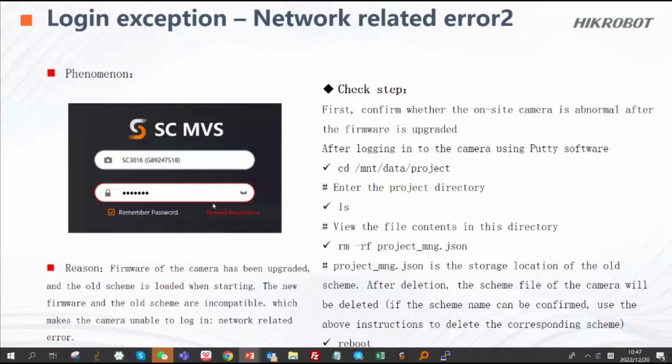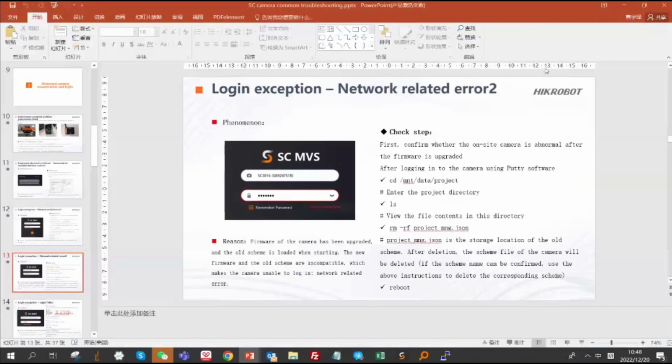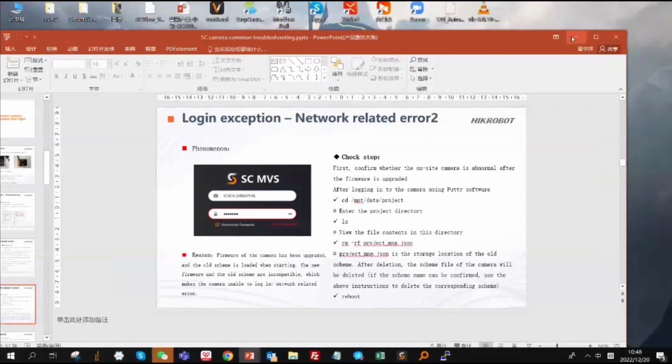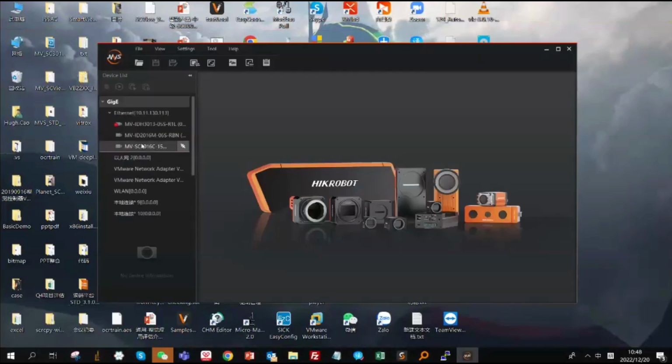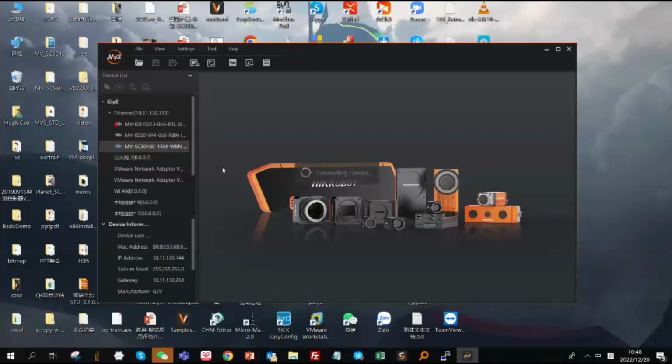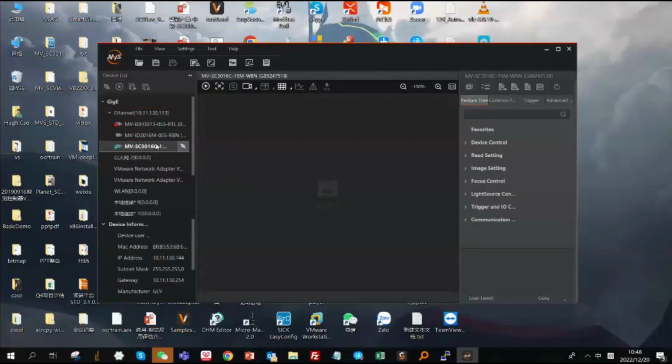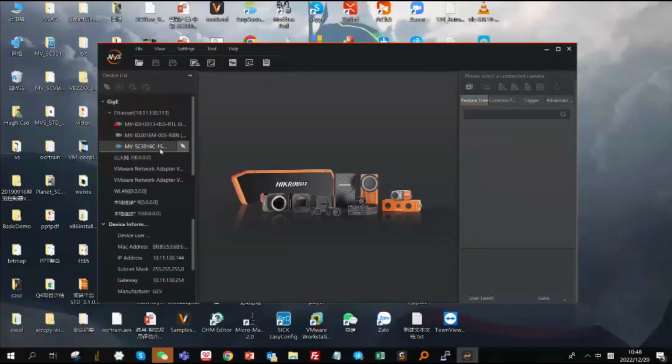And if you find you cannot log into the camera, you can downgrade your smart camera with the MVS, because this software is very useful for checking the IP address. Even if you cannot log into the smart camera, you are allowed to connect to it with the MVS. But if you connect the smart camera with the MVS, you cannot see the image even if you grab the image, because this software is only for you to